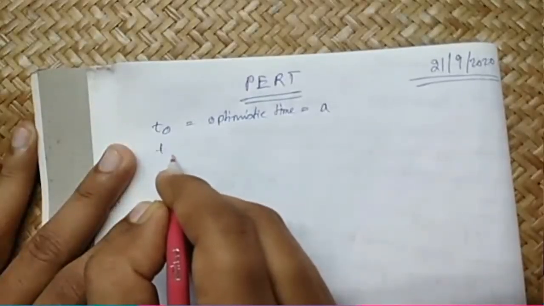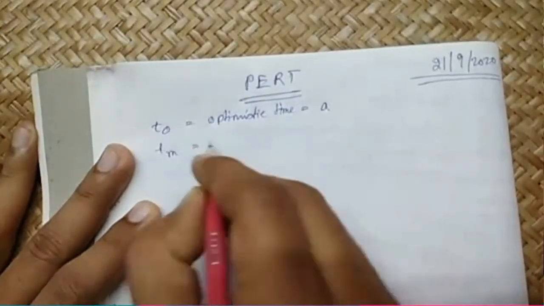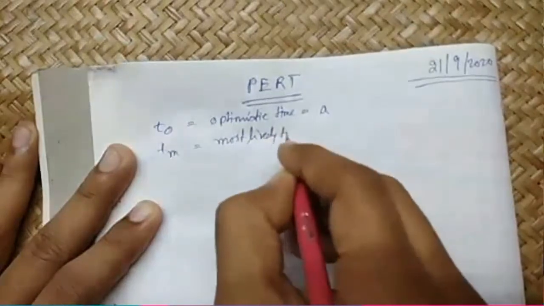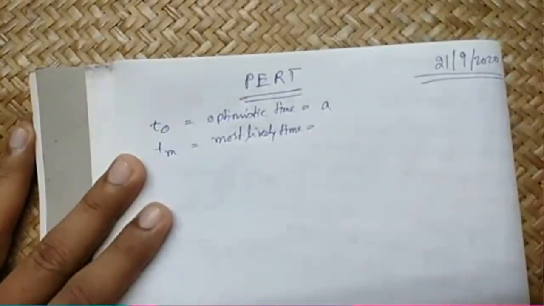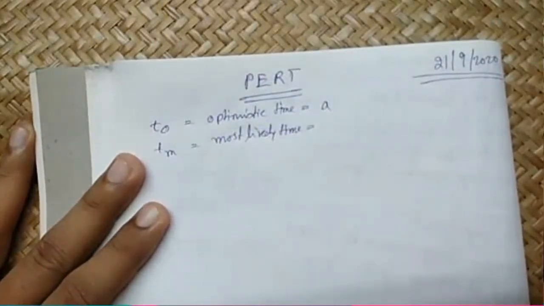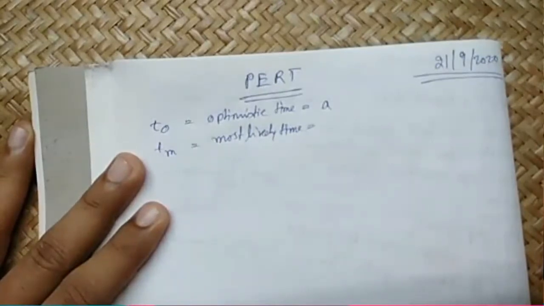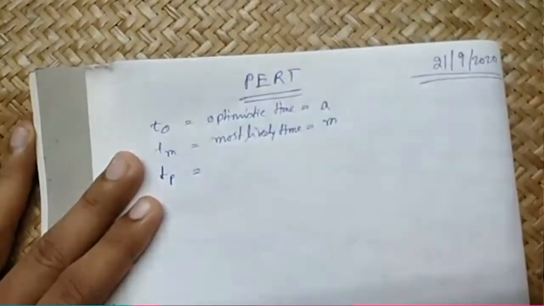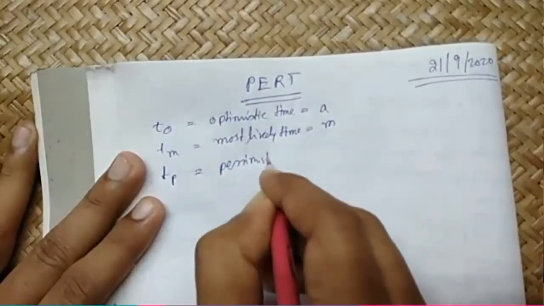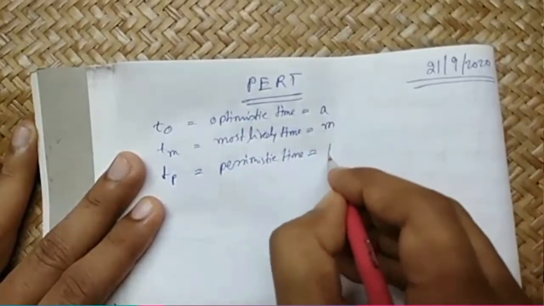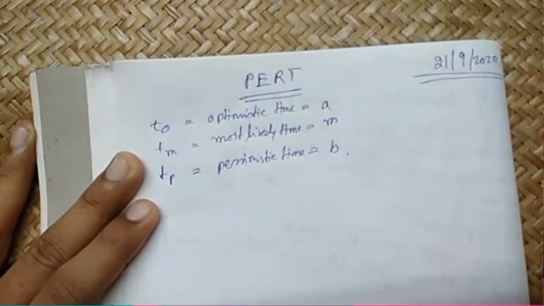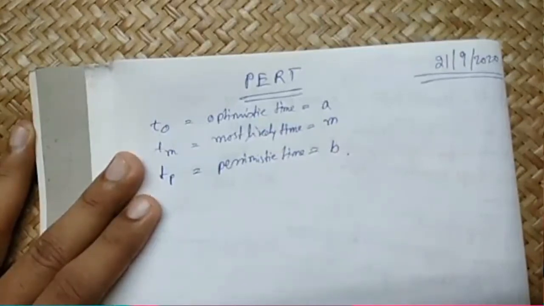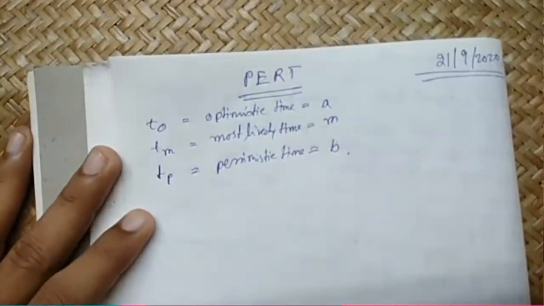Now there is a term called TM, which is called most likely time. If you do the work a number of times, the most likely time is this TM. This is also denoted as M. Now there is pessimistic time or TP, also denoted as B. When everything goes wrong, the maximum time that can be required to complete any activity, that is TP. So when these three data are given,